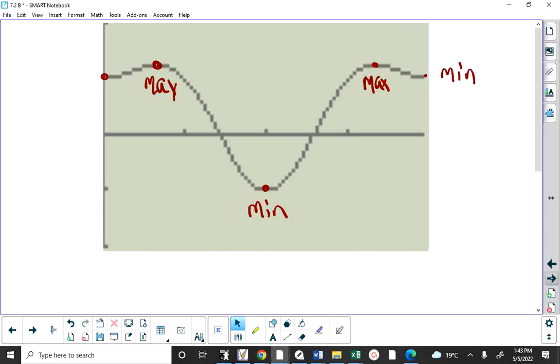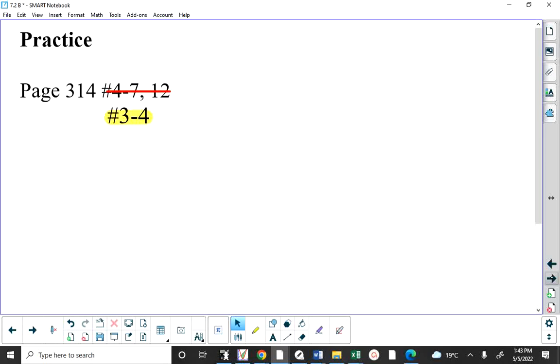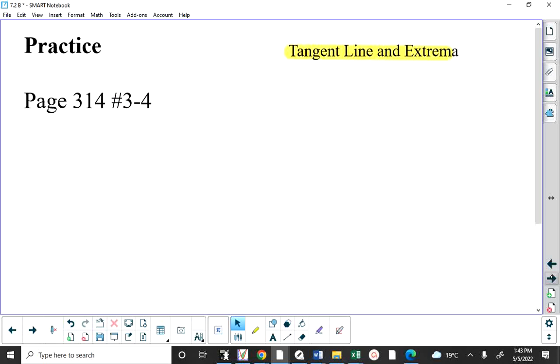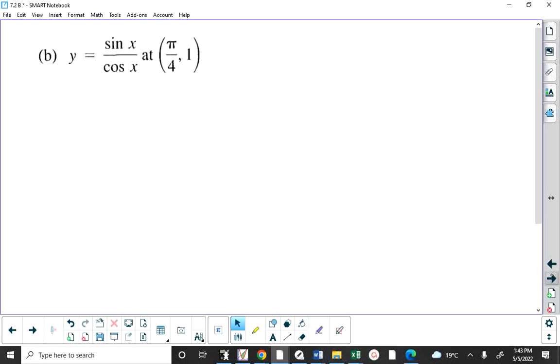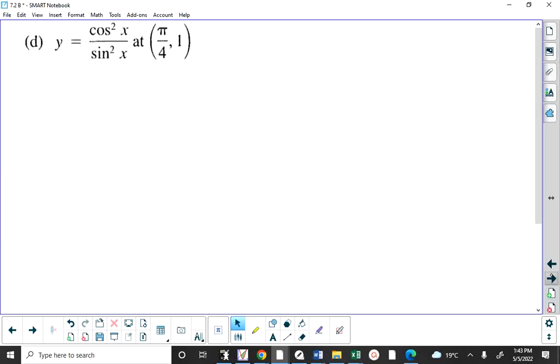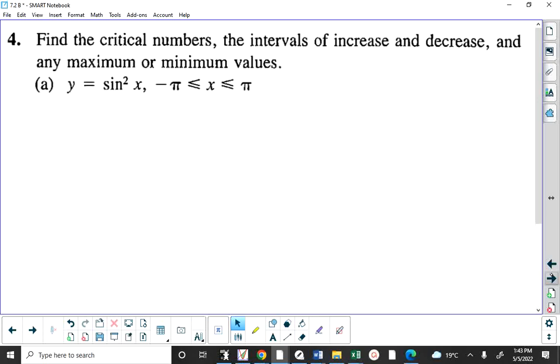The only thing I'm really assigning today for practice is 3 and 4. Let's just see. Number 3 is this. If you want to pick one of these to try to find an equation of a tangent line. And number 4 is trying to find max mins using this. I will tell you